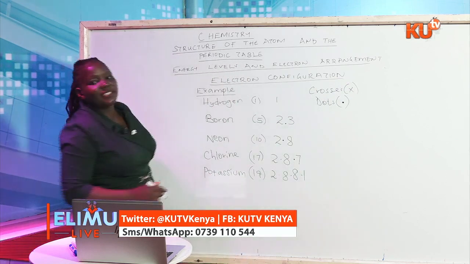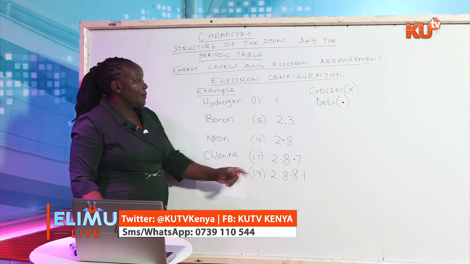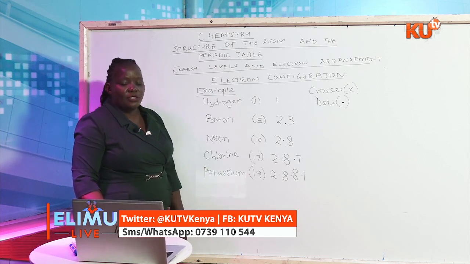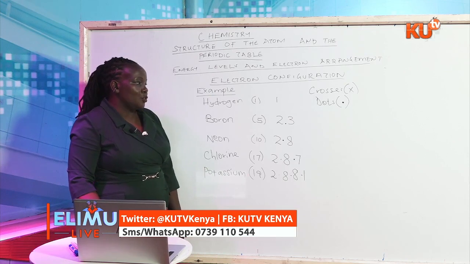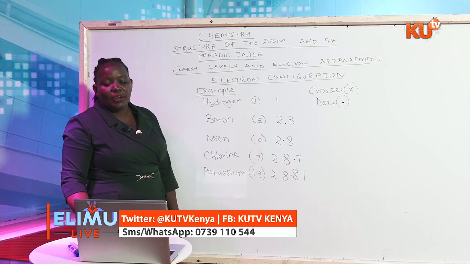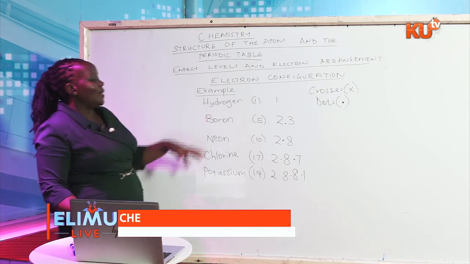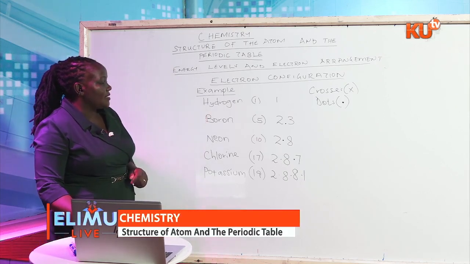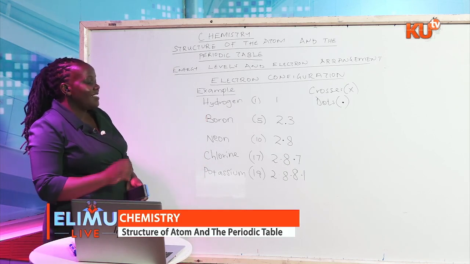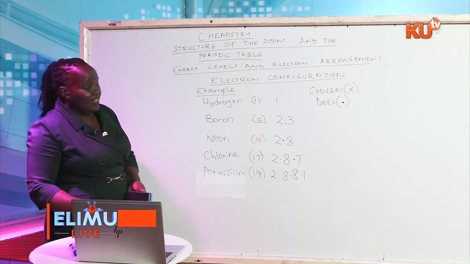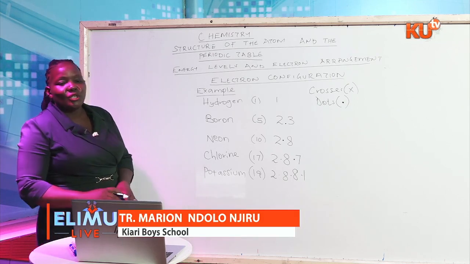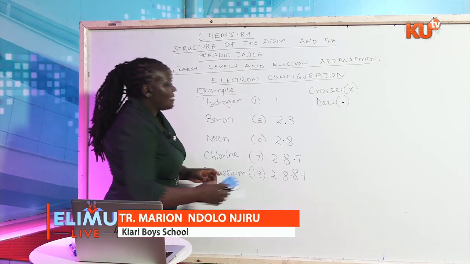So we can represent electrons using diagrams, and when we are using diagrams, electrons will be represented either using crosses or dots. I want us to look at the atoms that we have looked at here, and then we now draw the diagram representing the electron arrangement. So we'll start with our first atom,